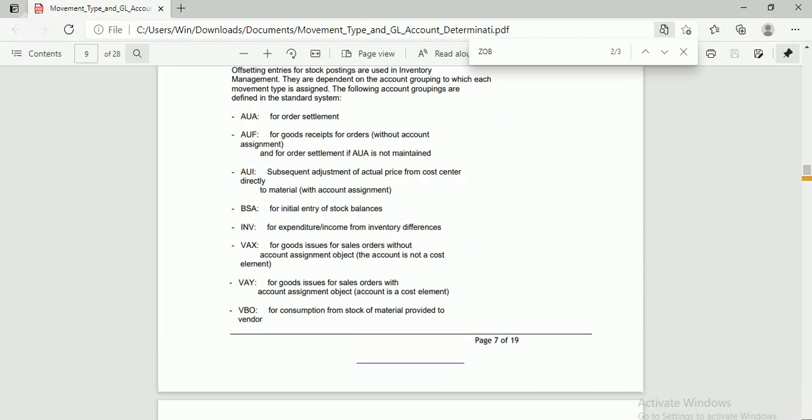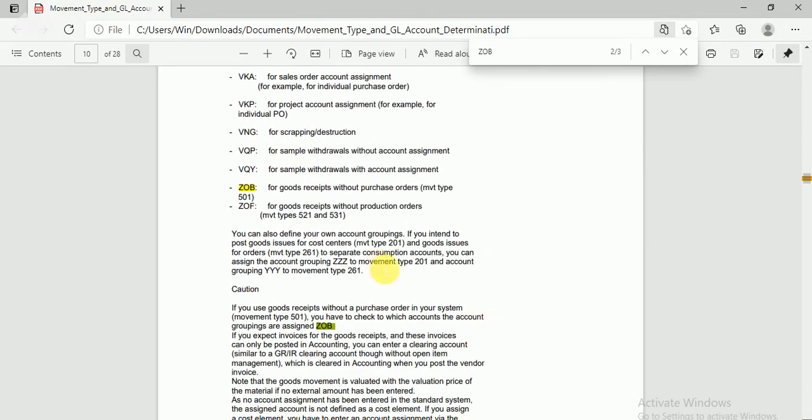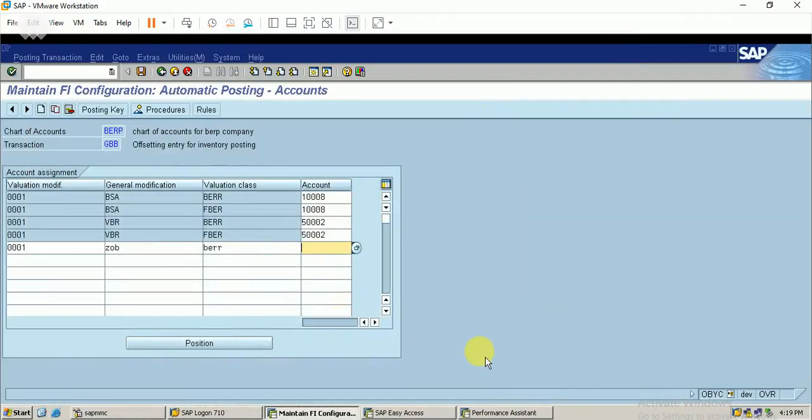So in this we are processing ZOB. You can see here ZOB is for goods receipts without purchase order. So I have to link an account for this modifier. So this account will be an asset account.